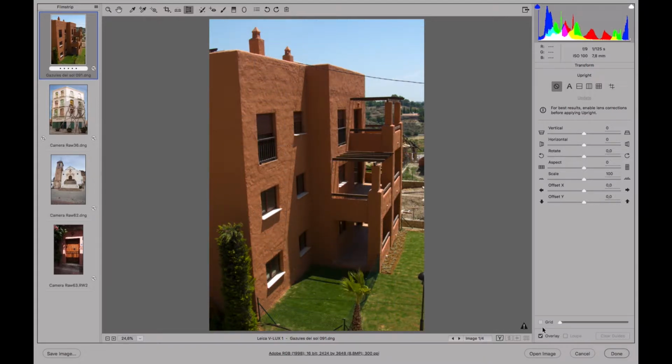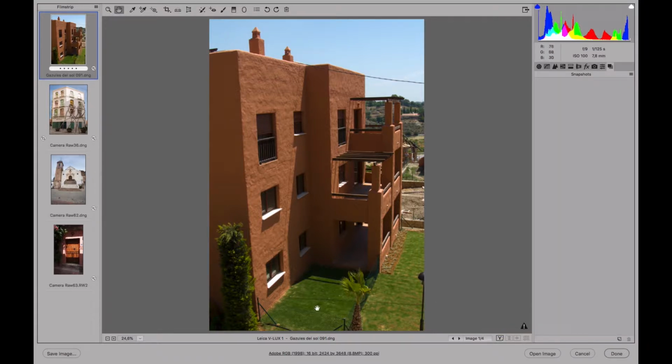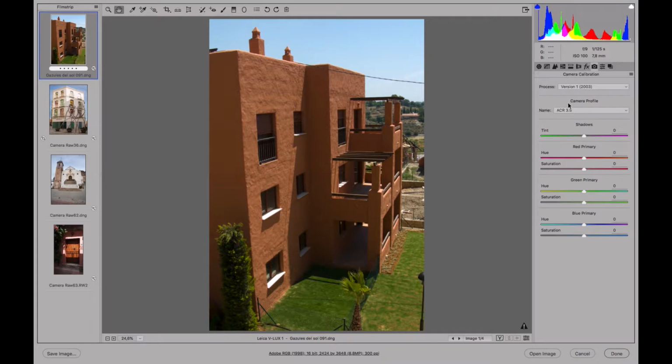We're going to take away the mesh. We're going to update the development process, which is a bit old. When we process the current development, what does this mean? Well, this means that we took this photo a while ago, and when we opened it to develop it last time, the processor we had was from the year 2003. If we go here to this symbol of the camera, we can see how we're processing this image